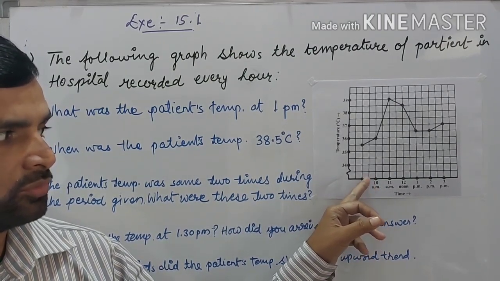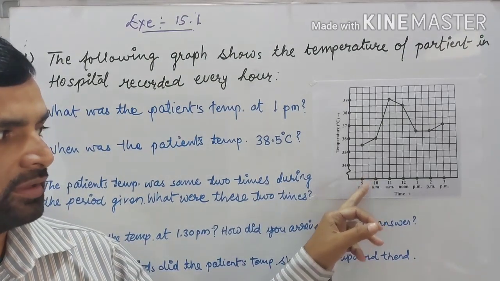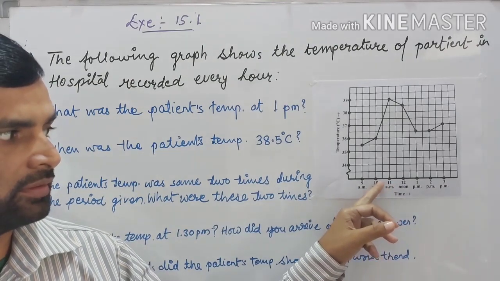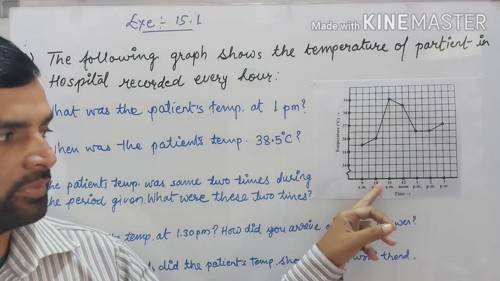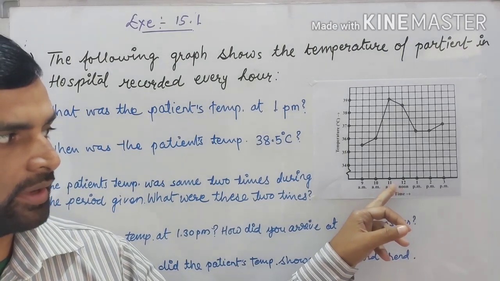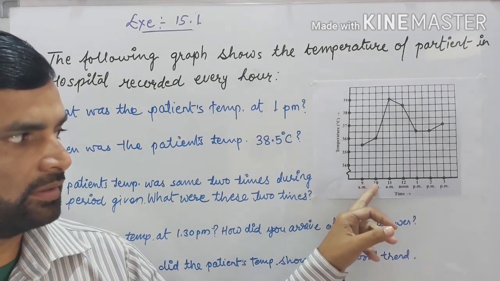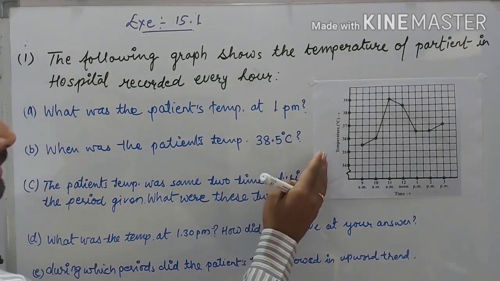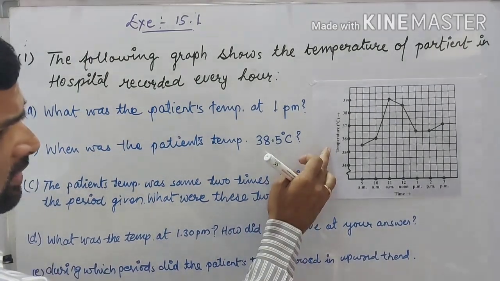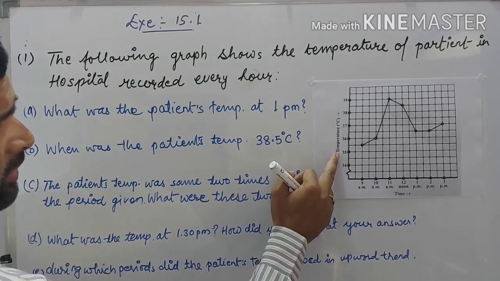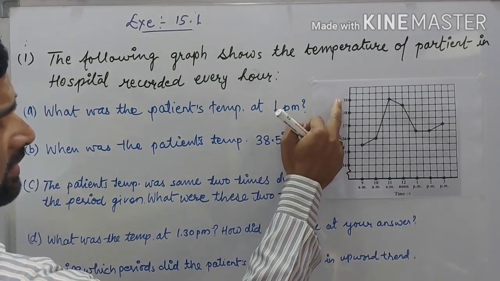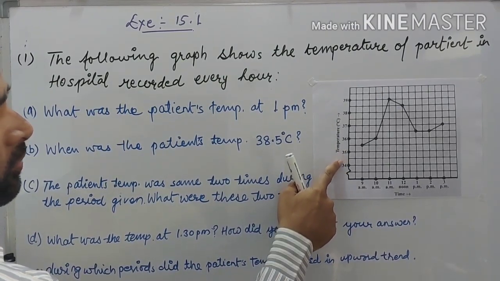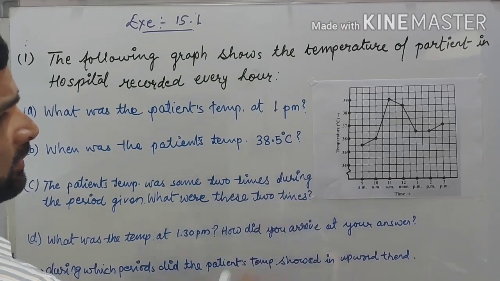To 10 a.m. is 2 squares, and the midpoint is 9:30 a.m. Then 10 to 11, the middle is 10:30 a.m. The graph continues 9, 10, 11, 12, 13, 14 up to 3 horizontally, and the vertical line shows the temperature: 34, 35, 36, 37, 38, 39. The distance between 2 squares is 1 degree, and the middle is 0.5.